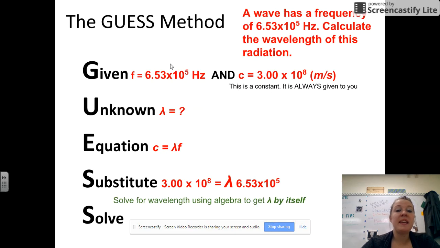Okay, so let's apply the GUESS method. We know that given is whatever we're given in the form or in the question. So it says here, a wave has a frequency of 6.35 times 10 to the 5th hertz. Calculate